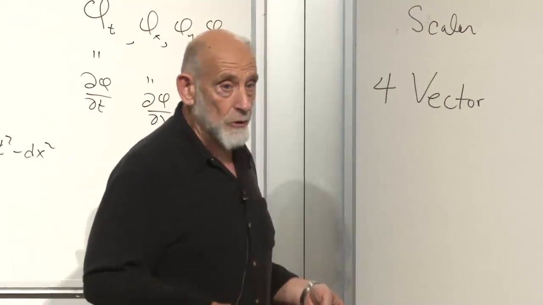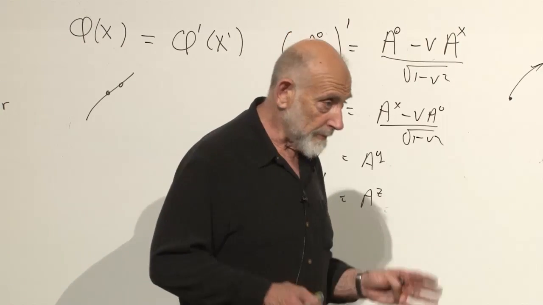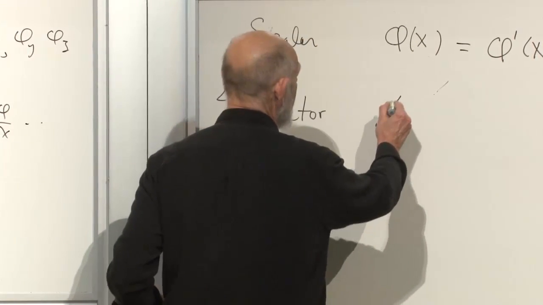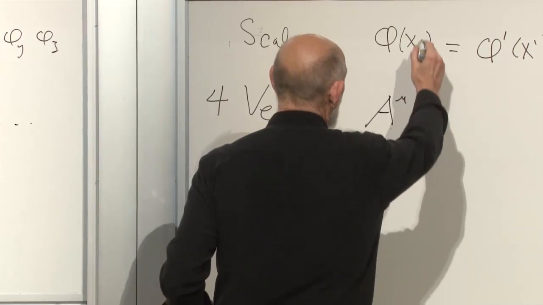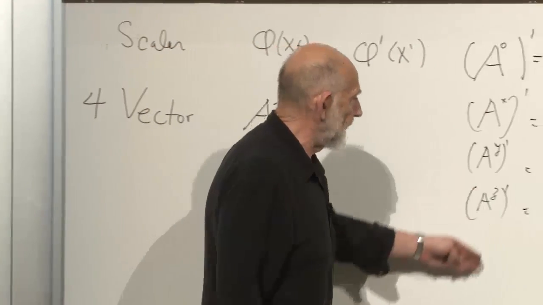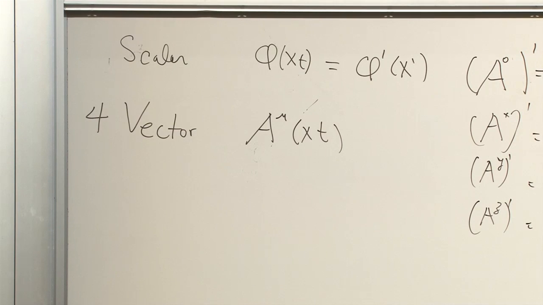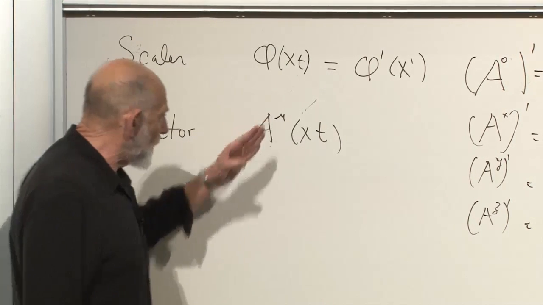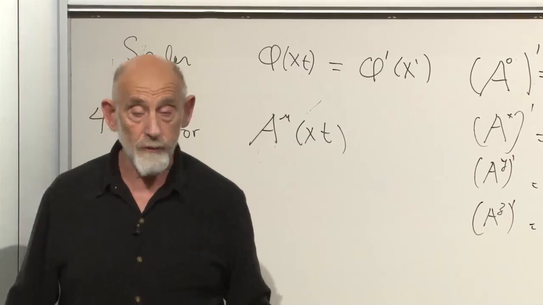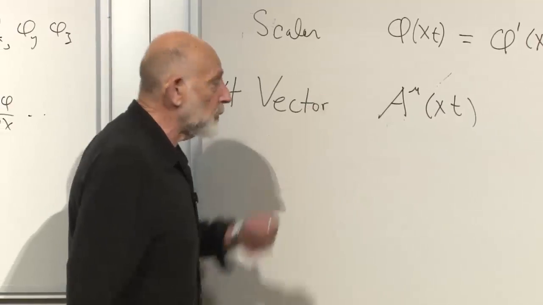But there are lots of other things which could be 4 vectors. I won't try to tell you any right now, but a 4 vector is a possible kind of field. So 4 vectors are a mu, also of x and t, and they transform in this manner here. Okay. You can make scalars out of 4 vectors. If you take the 4 components of a 4 vector, you can make a scalar out of them. In fact, if you take any 2 4 vectors, you can make a scalar out of them. But let's just stick with 1 4 vector.